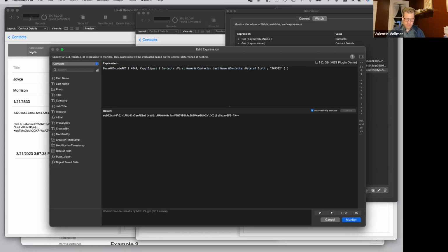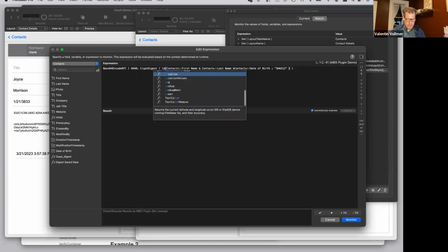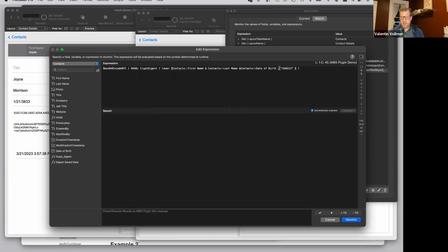If I wrap this, for example, in a simple lower and use that to calculate my hash, then any uppercase or lowercase doesn't matter anymore because all my input is going to be lowercase and I can compare just the values to it. So you can do a lot with the data there as to what you want to compare